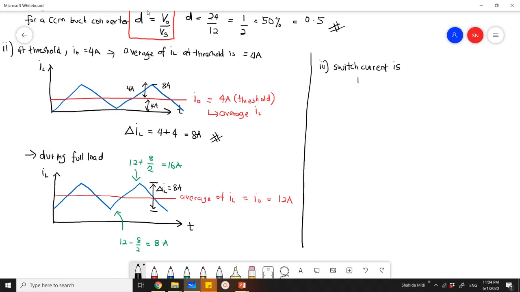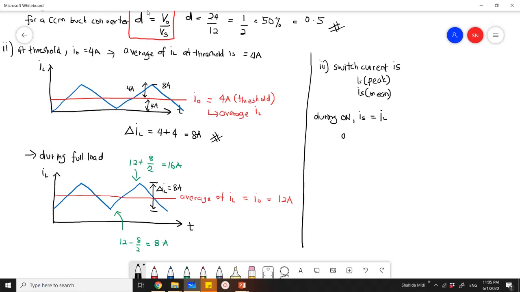Okay, so first we need IS peak and also IS min. So in order for us to have this, we are going to need the waveform for the IS. Okay, so previously when we did the analysis for this buck converter, we knew that during switch on, okay, on for the switch, IS is equal to IL,